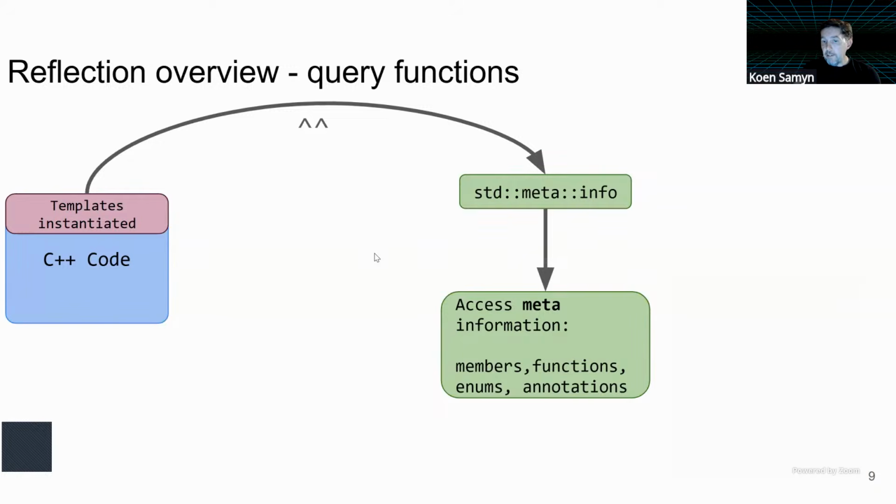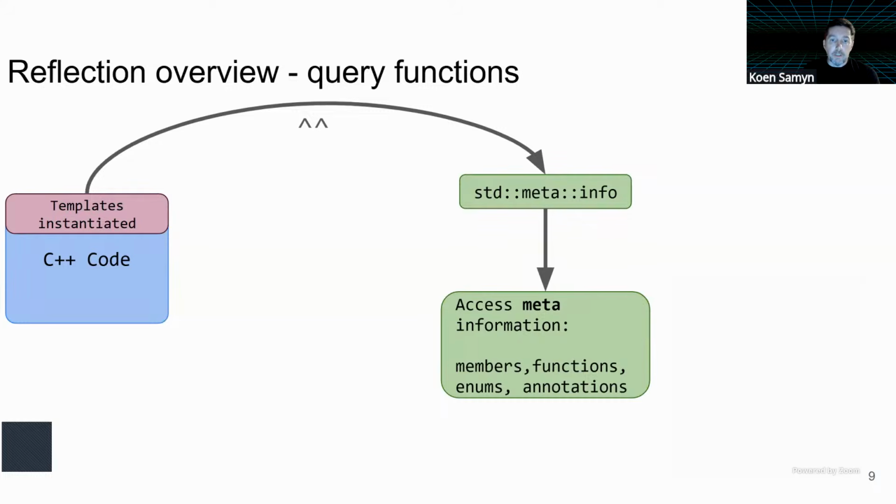So you access some additional information. This might be enums. In a talk earlier at CppOnline, there was discussion about enums and how to get the string representation of the enum. For example, you get functions, data members, even annotations, which is also a new thing in the form of custom annotations that you can also use during reflection, which is also something that we'll cover in the workshop itself